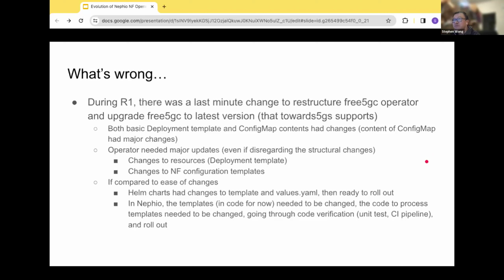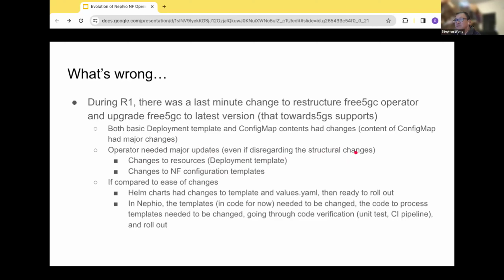So functionally, it's not a problem. Functionally meaning that for the mapping of the NF deployment, we don't have to do any last minute change of NF deployment to get more parameters in or anything like that. But then you have to rewrite the entire template, and then rewrite the code to do the mapping, because the tag names change too. So the operator therefore makes the major updates, not the Tal updates, but the updates afterward to make it work. As you said, we changed the resource templates, and we majorly changed the NF configuration templates. That's kind of an epiphany for me.